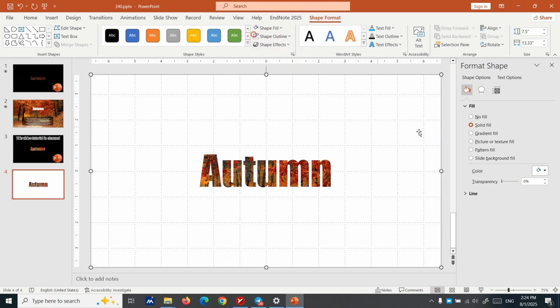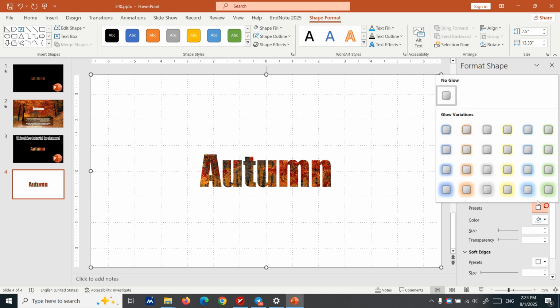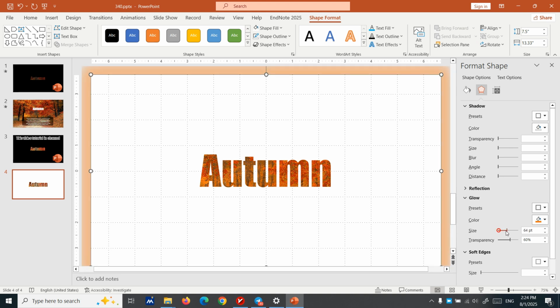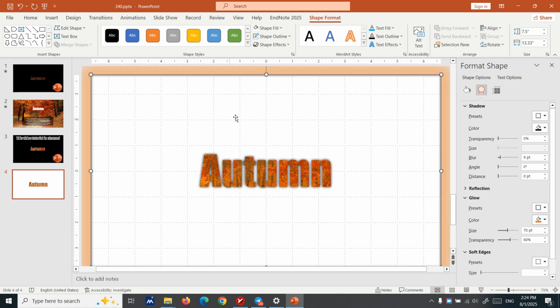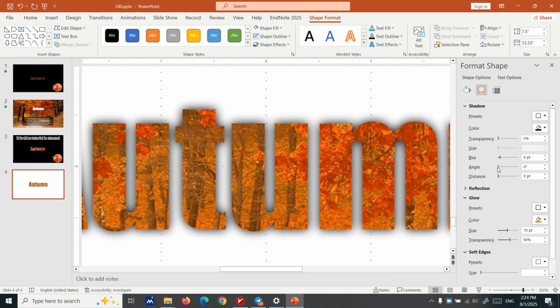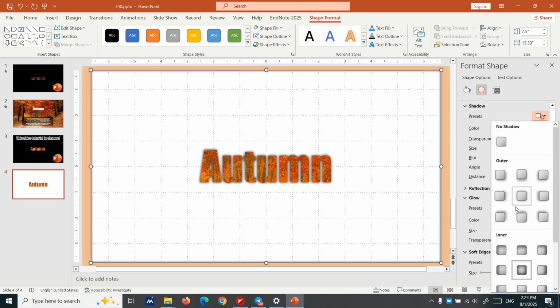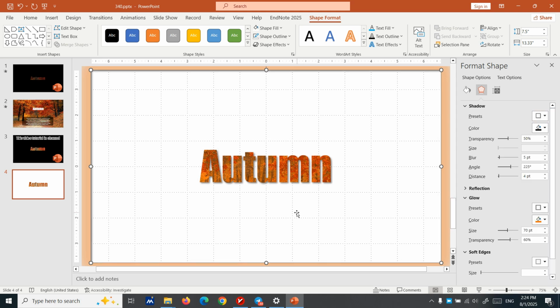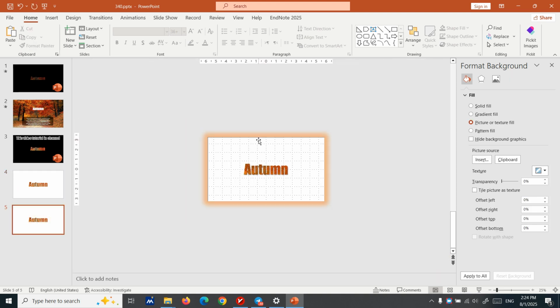and set the shape outline to none, and also we can create some great effect by giving the shadow, giving the glow we want. This glow is making it more beautiful, and also give it some inner shadow. You see, the inner shadow size is too big for this kind of presentation, but if the text is bigger, it looks better. Okay, after that we need to copy this slide,